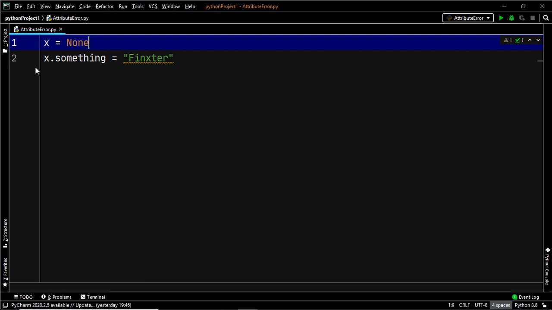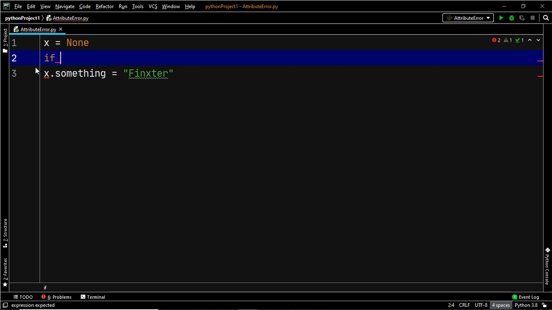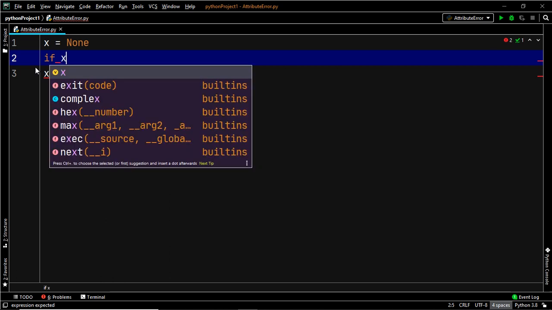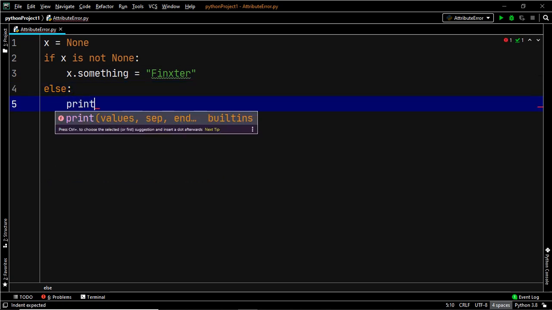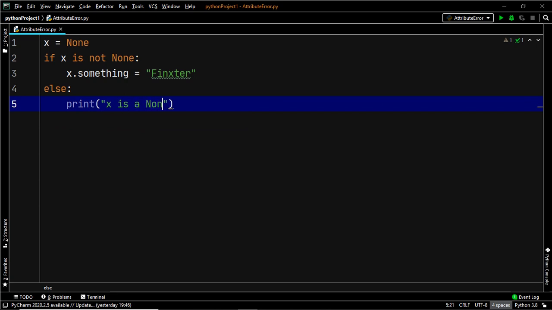So to avoid this situation, what we can do is use an if block, and within it define a condition which specifies that if x is not None, in that case this line of code will be executed. Otherwise we move into our else block and we simply print x is a NoneType object. Or you may choose to fit in any piece of code that you want inside the else block. Now let's go ahead and check if this works.